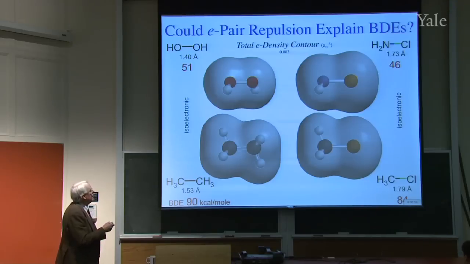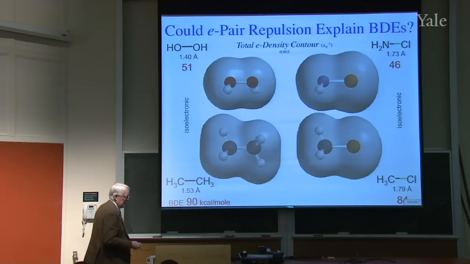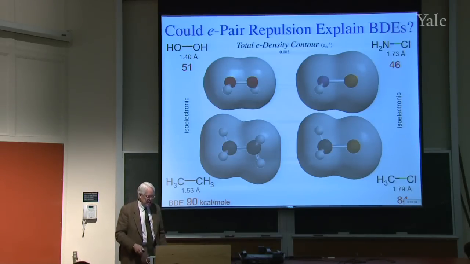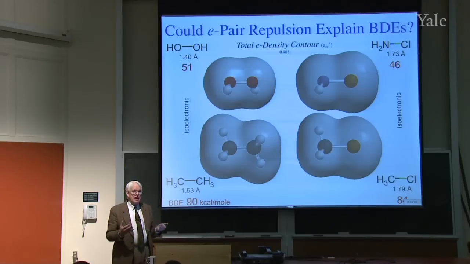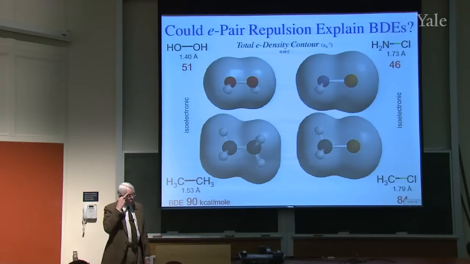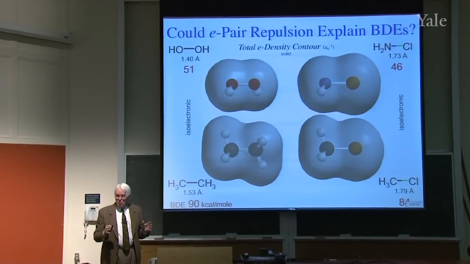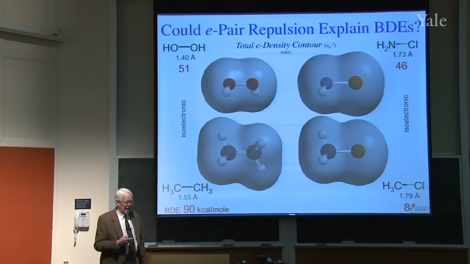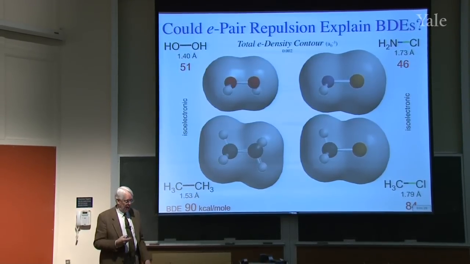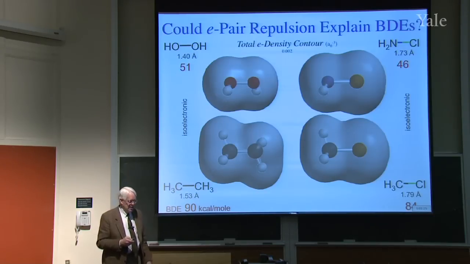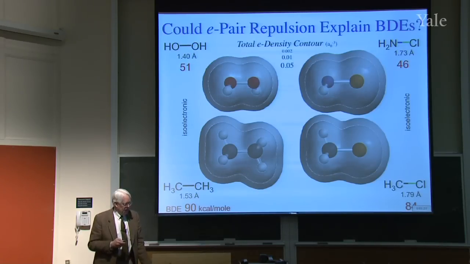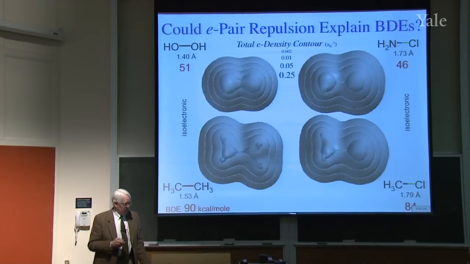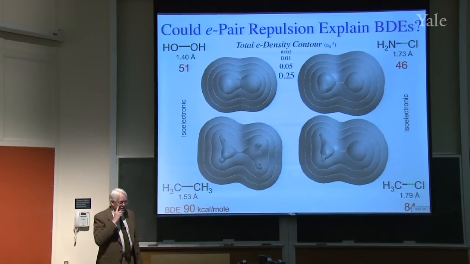Could the electron-pair repulsion explain the difference in bond dissociation energies between the top and bottom? Well, we can look at how the electrons actually are arranged as we calculate it by quantum mechanics. And of course, what it looks like depends on what contour we draw. This contour at 0.002 electrons per cubic Bohr radius is not very informative. But if we go in further to higher densities, to 0.01, to 0.05, to 0.25, now we see something different